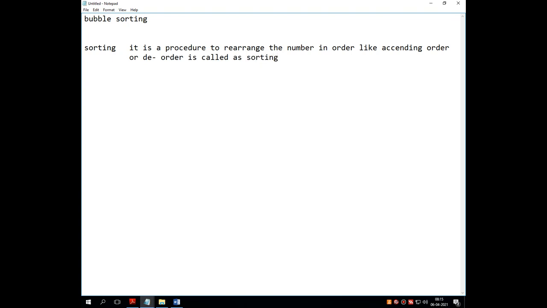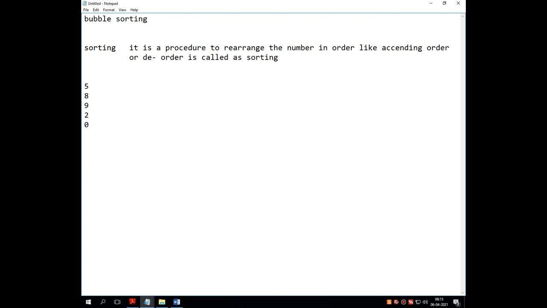Again I am repeating my words. Sorting means it's a type of procedure which arranges the numbers either in ascending order or descending order. For example, whenever we input any number or value, numbers can be sorted, even alphabets can be sorted. Here I am taking an example of numbers only. As you can see on the screen, I am entering any 5 numbers in one sequence.